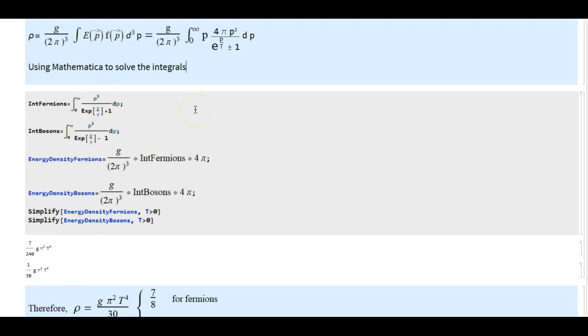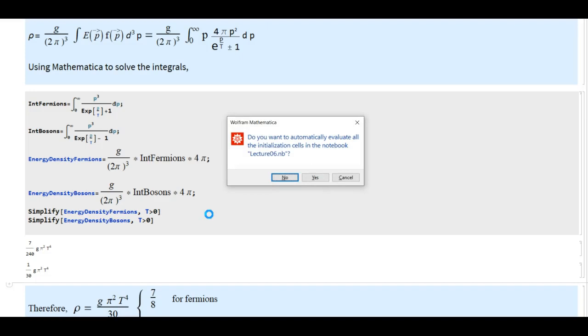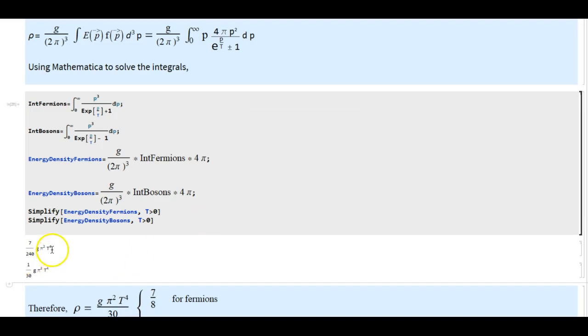So I'm using the same technique for energy density now, and it's all simple: setting up integrals and simplifying, and you can see that once you run it, you will get